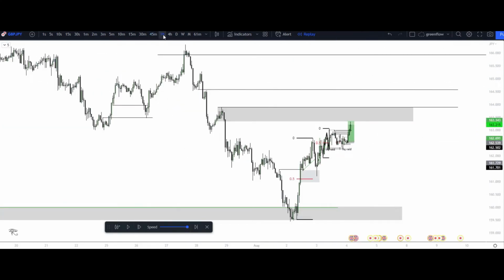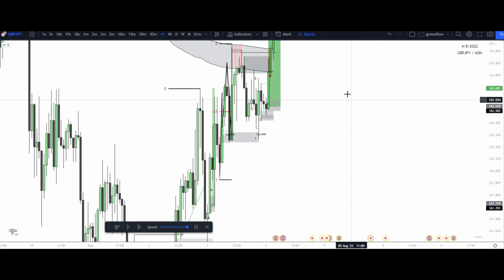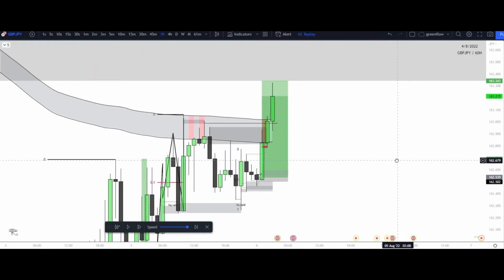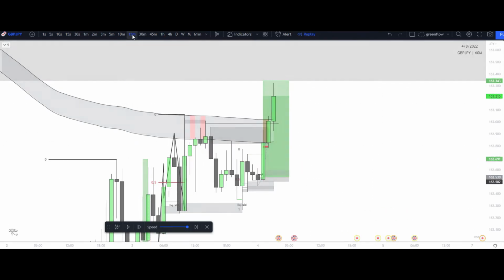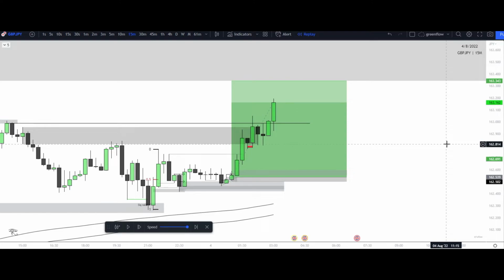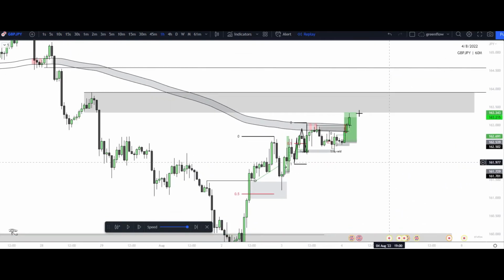If I show you the hourly, right? There's your break. There's your hourly break of structure too, or sorry, not break of structure, but there's your hourly break to the upside right here of the 200 EMA. So we can tell, and by showing right here too, if I go to the 15-minute, look at that break, look where it occurred, and look where the equal lows are, right? It's right there. We can see it start to show up, and this can be shown through either indicators, right? Or those equal highs or equal lows, just to keep it clean, right? To keep it simple. But we're looking for that higher time frame supply zone. We understand it could come up into these areas, mitigate these areas of imbalance, and then continue lower.